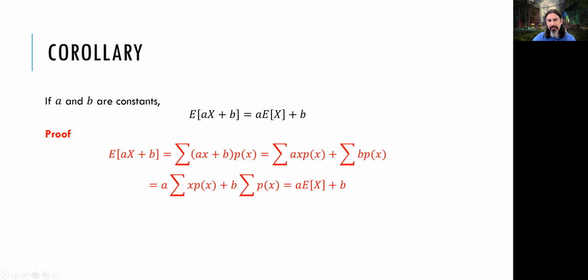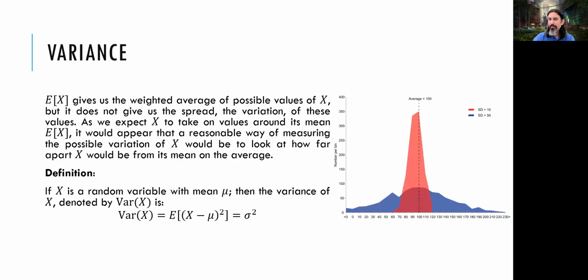Now, this corollary is actually very useful, and it's going to be useful with variance as well. There's a similar corollary in there, we will see. And what's variance then? Variance is the spread, the length that you are away from your average, from your expected value. It's how many different values you have that are away from your average value.